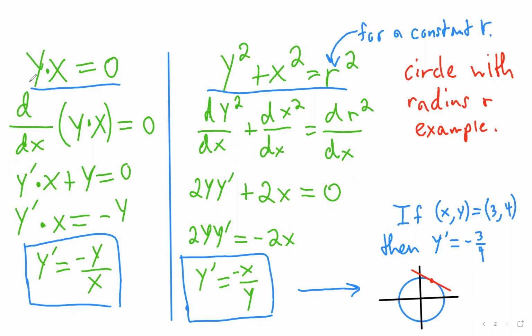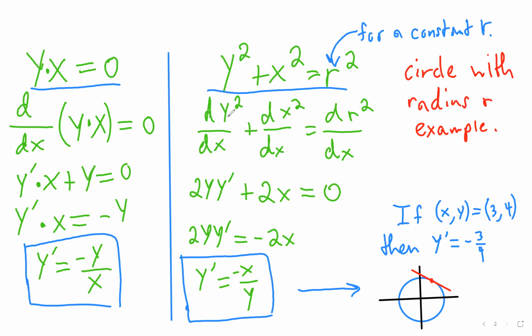All right, and if we want to look at a second example, we can look at the case of a circle with a radius of r. And so the definition of that circle would be y squared plus x squared equals r squared. And r would just be a constant. And so if r is a constant and we do implicit differentiation, where y is a variable of x, then we end up with dy